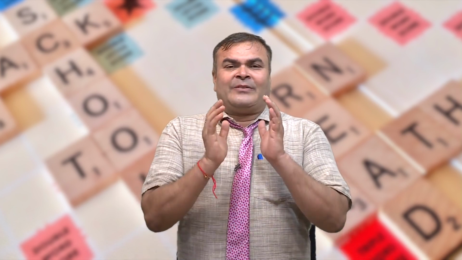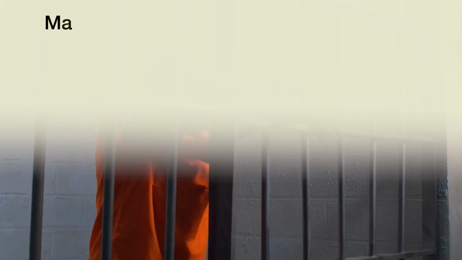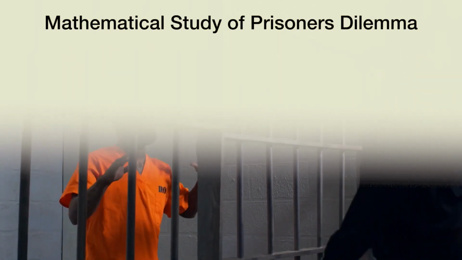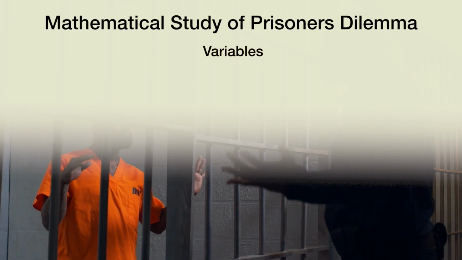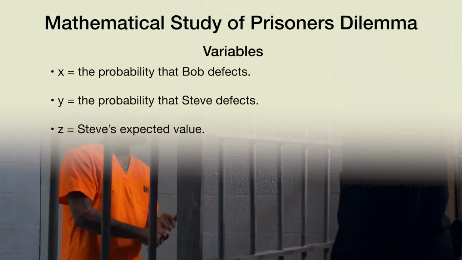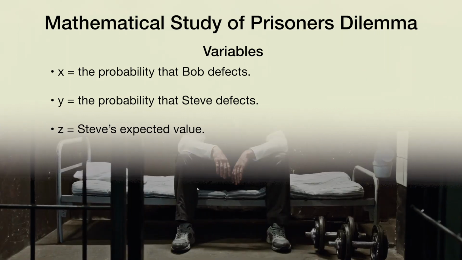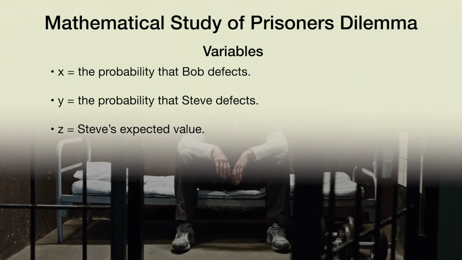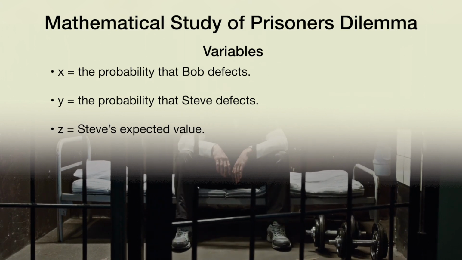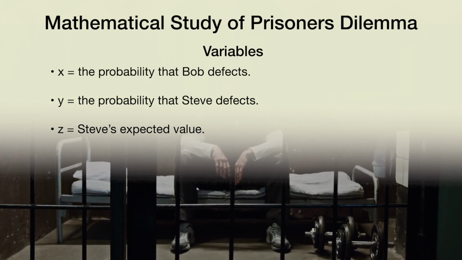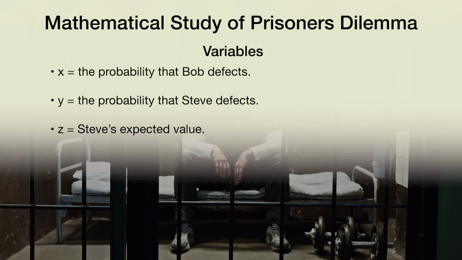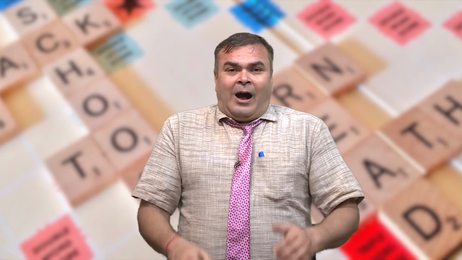But these linguistic informations are transformed into the algebraic condition. There are the polynomial, it requires the variables and constants. First we deal with the variables. X is for Bob defects; prisoner A is named Bob and the other one is Steve. Y is the probability that Steve defects, but here Z is Steve's expected value, because definitely there are outcomes,